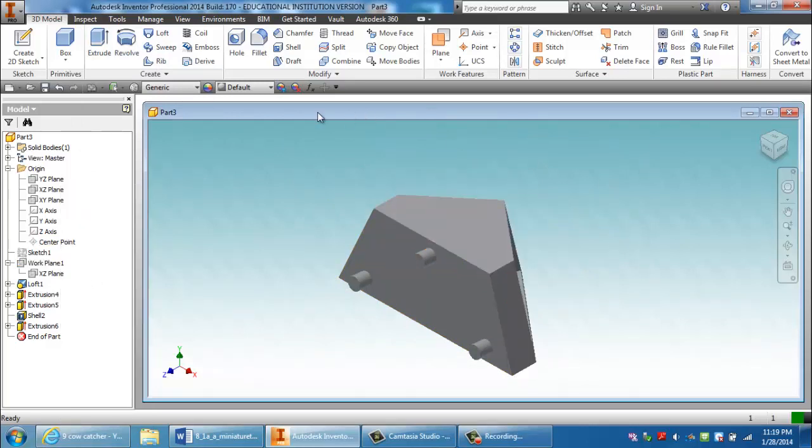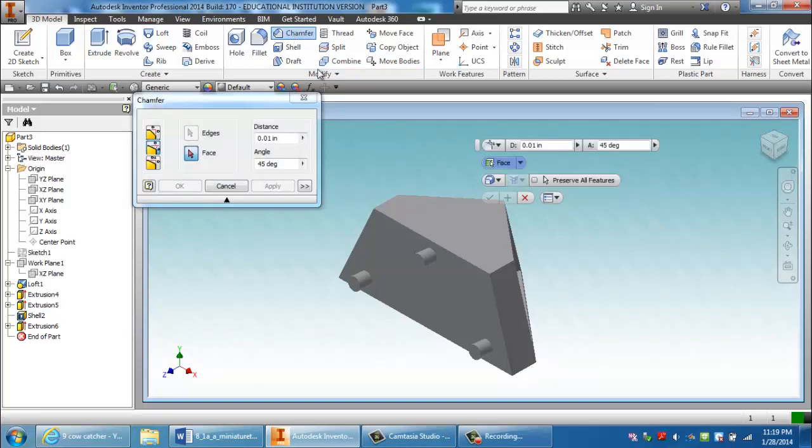We're not done yet. We will use chamfer here. For the distance, if your box is in that mode, go ahead and switch it to distance and angle. Our angle will be 45 degrees and the distance is 0.01.